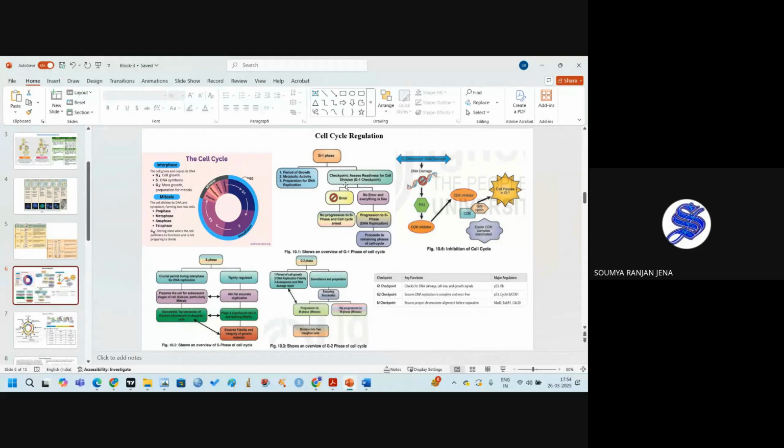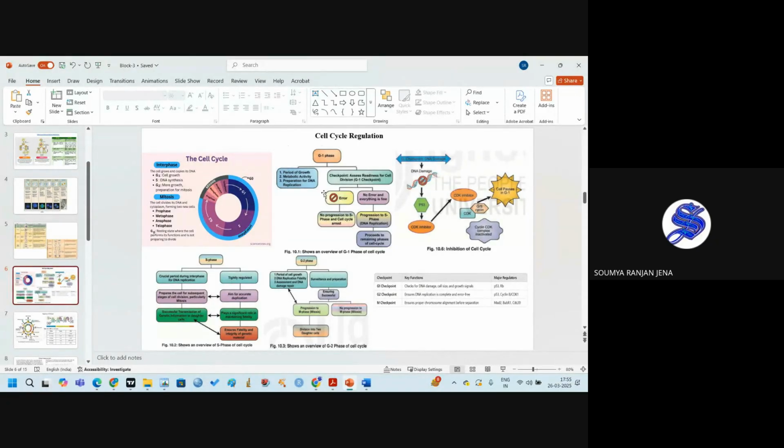checkpoint. In the checkpoint, it assesses the readiness for cell division, that is G1 to S. If the cell is ready or not, it will be checked by the G1 checkpoint. If an error occurs, if the cell is not ready for replication, then no progression to the S phase will occur. Suppose here in G1 phase, any metabolically active enzyme or replicating enzyme is not formed or activated